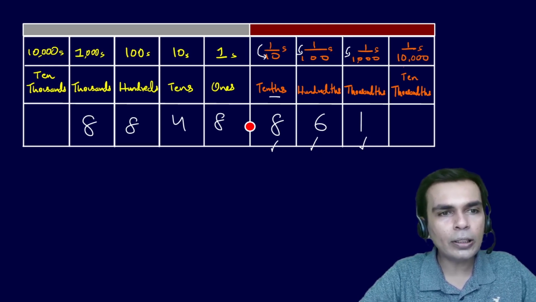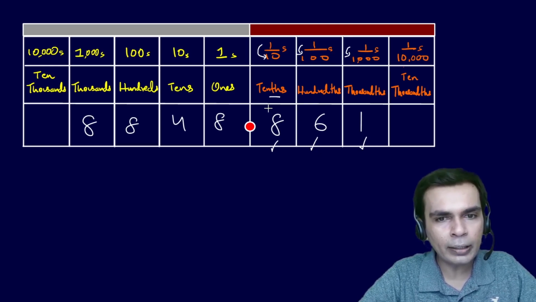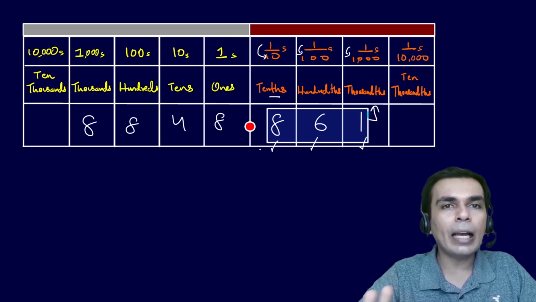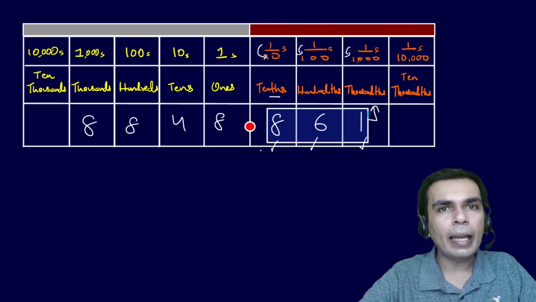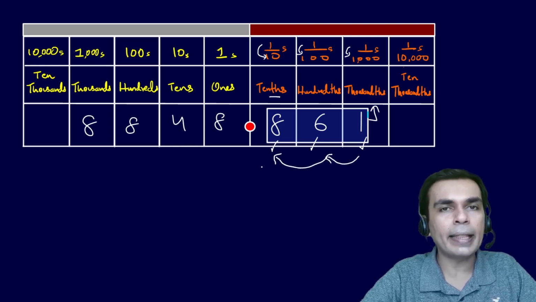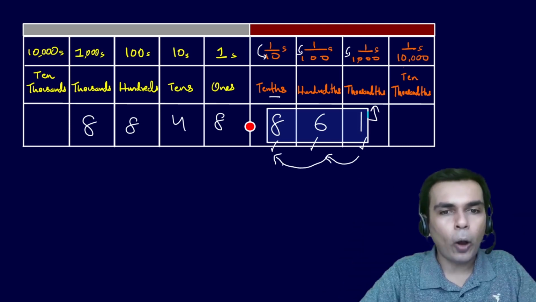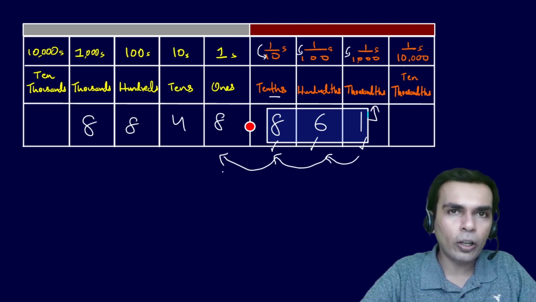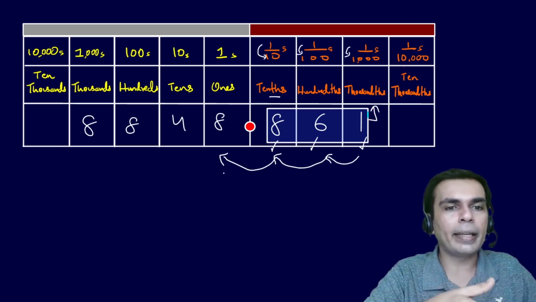Or another way is to just imagine, basically, you can think of it as 861 thousandths. So you can always say 861 thousandths. So how you read this number is 8,848 and 861 thousandths. So how are they related? If I put 10 thousandths together, I get a hundredth. If I put 10 hundredths together, I get a tenth. If I put 10 tenths or 10 pieces of the meter together, I get the original 1 meter. And then of course, I put 10 ones, I get a 10, 10 tens, I get 100.